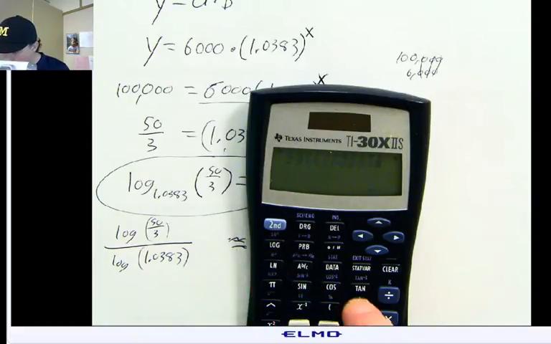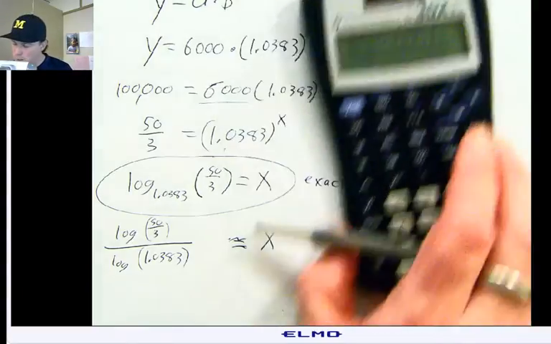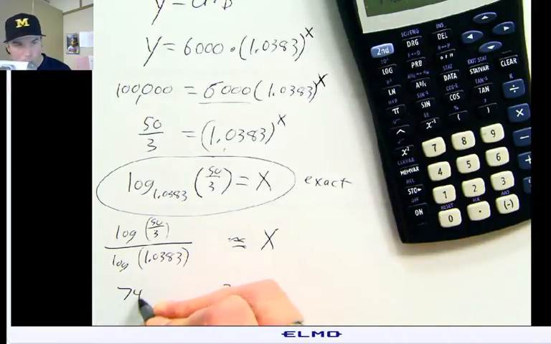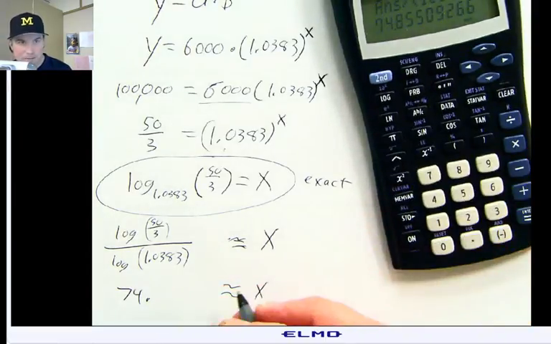1.0383. Close, close, and I got an answer of 74. So x is approximately 74.855